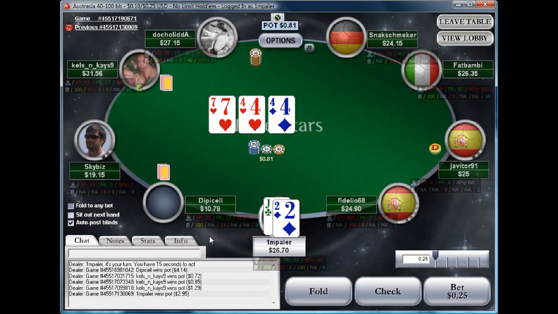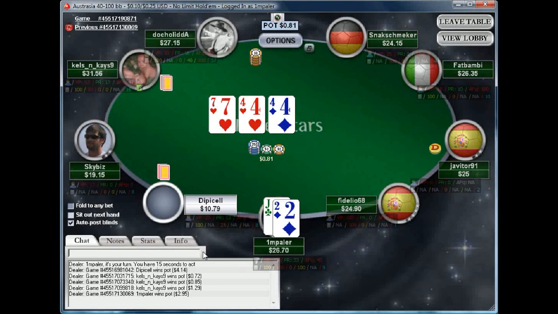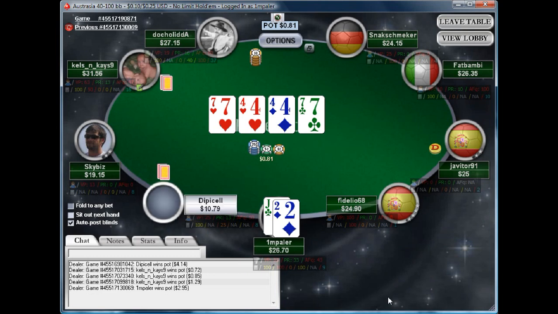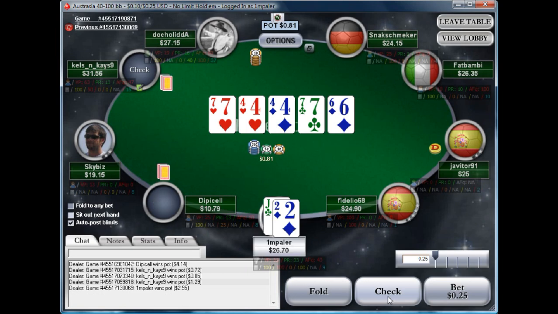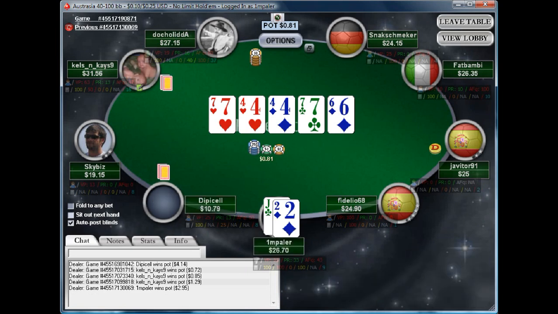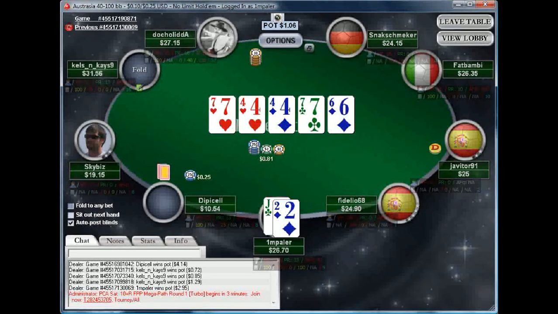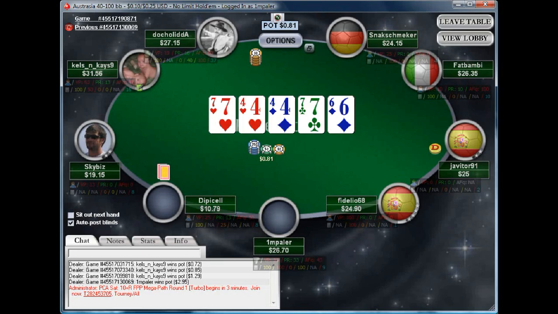Now the guys that you see with VPIP like 8 or under 10, those are pretty solid players, and it's hard to put them on. Well, actually, it's easy to put them on the hand, because they're playing more premium cards, and if you guys have PokerStove